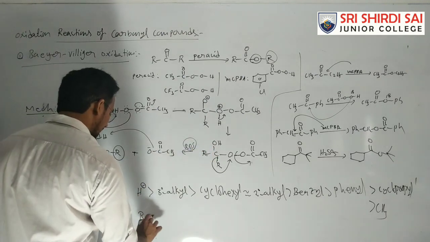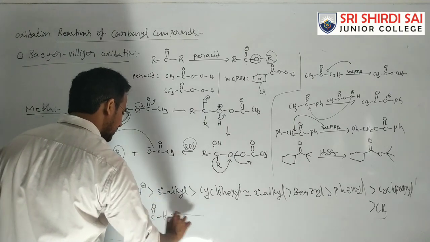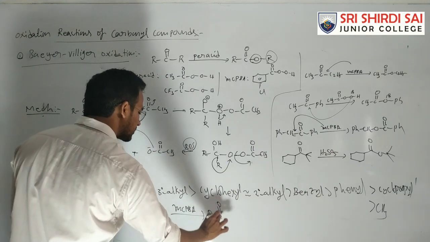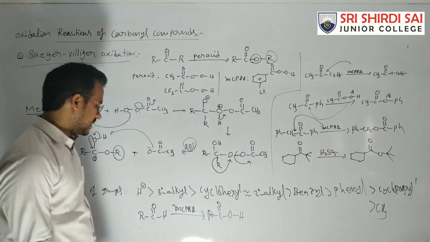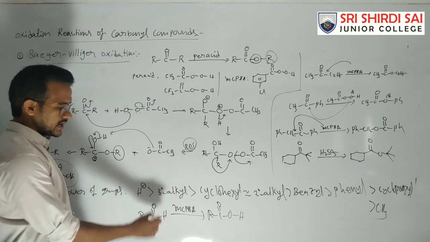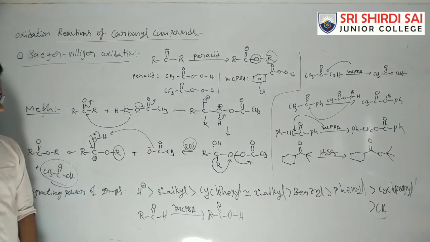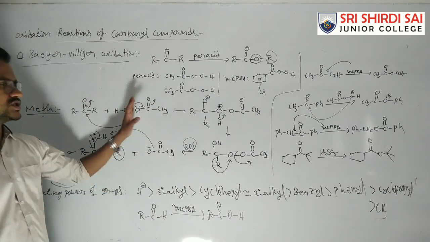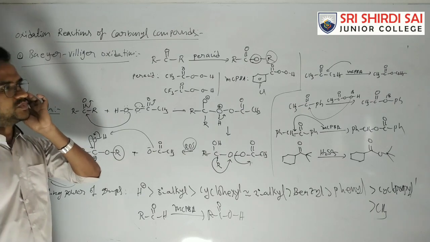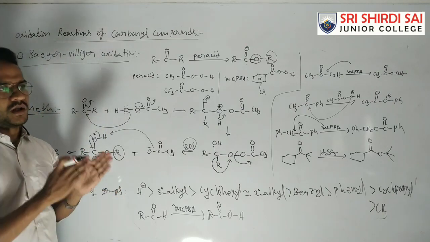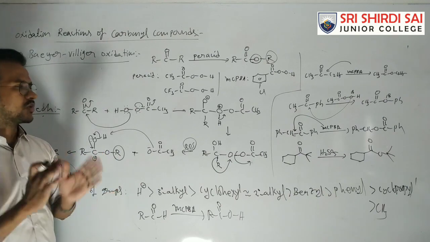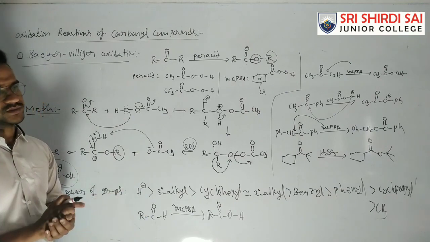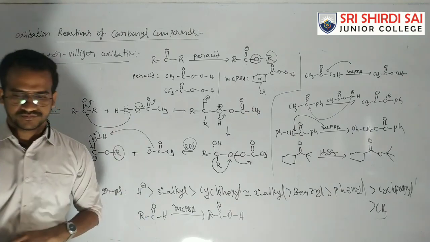That means aldehydes on reaction with MCPBA, or any peracid, what is the product? Acid is the product, not ester, because the insertion is between hydrogen and the carbonyl group, since hydrogen is the best migrating group. Aldehydes give only carboxylic acids, but ketones give esters. It is very simple: insertion of oxygen between the better migrating group and the carbonyl group. That is the migratory aptitude of the different alkyl groups. Okay, so write down.